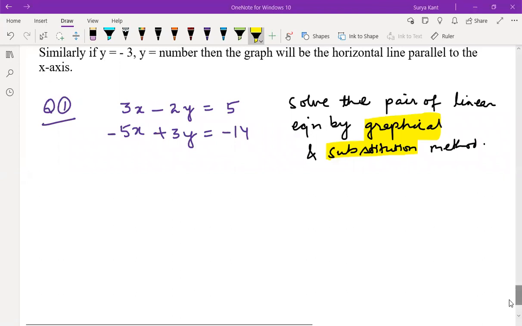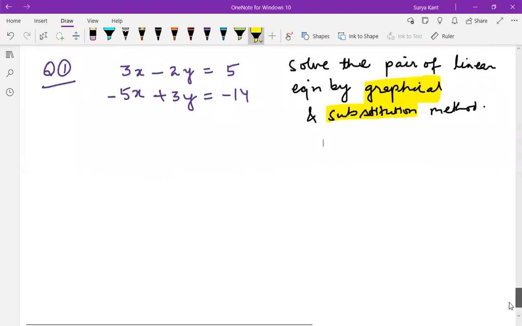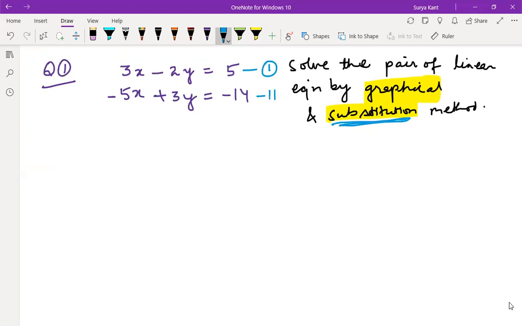Is it clear, children? The graphical method I'll teach here. First, you find the substitution method. All of you know you can do the substitution method, right? Tell me. Yes, sir. Sir, can you please explain that as well, because I was absent for the last class. So you were absent. Okay. Children who can do it, they can do it by themselves, and who are having doubt, you can just check over here.